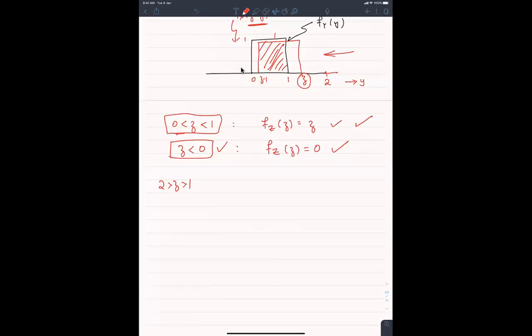देखें, this red area is, ये पूरा ब्लैक के नीचे जो एरिया है वो 1 है, और उसमें से आपने z माइनस 1 को माइनस कर दिया, so this would be fz of z would be equal to 1 minus (z minus 1), which is equal to 2 minus z। ठीक है, and when z is greater than 2, then fz of z, when z is greater than 2, which means